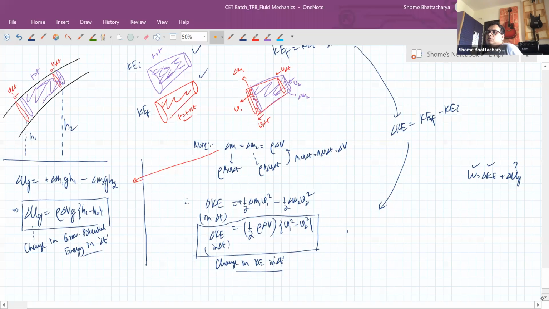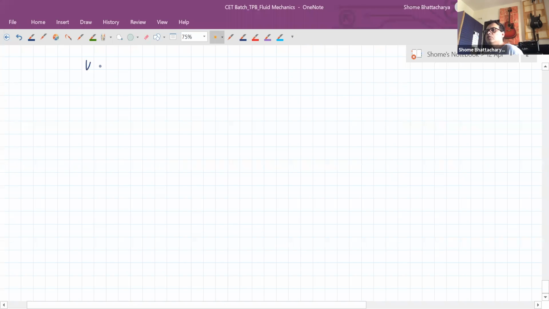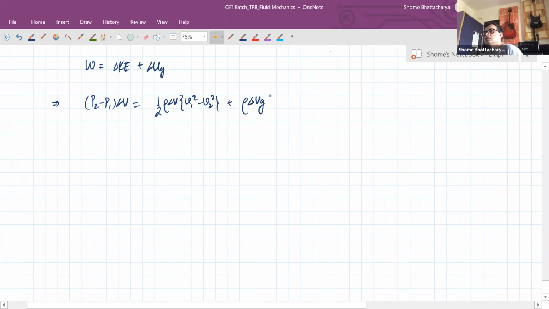Okay, so finally now when we merge these quantities into our work energy theorem, that work done is equal to change in kinetic energy plus change in gravitational potential energy, we will get this relation that (P2 minus P1) delta V is half rho delta V into (V1 square minus V2 square) plus rho delta V g into